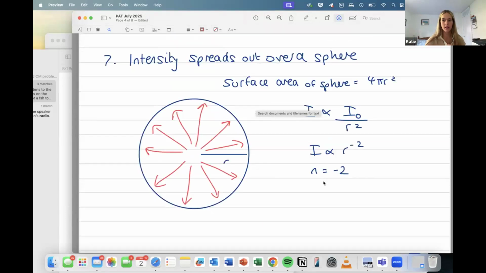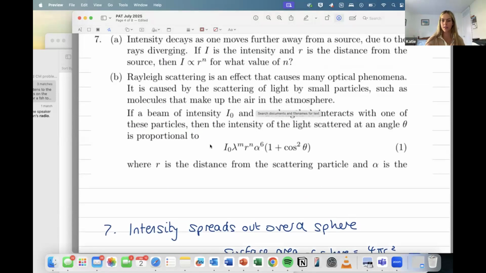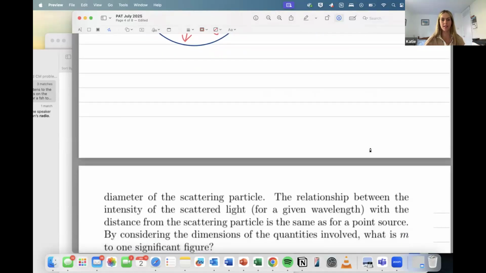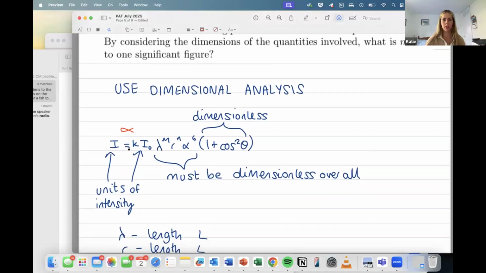So the next part, don't be thrown off if it's an equation you've never seen before, because this looks like quite a complicated equation, but you just need to use dimensional analysis, which is a really useful tool for lots of questions. You're not expected to understand this equation or use it. You just think about the units and things like that. So straight away, I'm replacing the proportional sign with equal to and a constant. Since we're using units, we don't care what this constant is. It'll just be a number, since we said it's proportional.